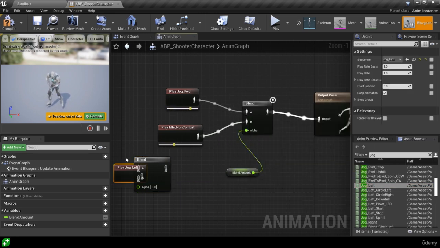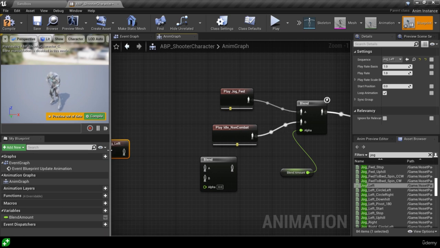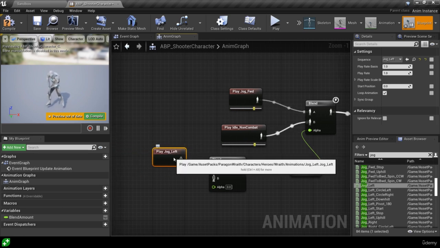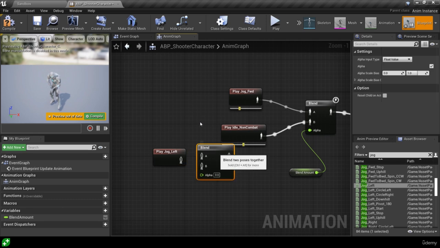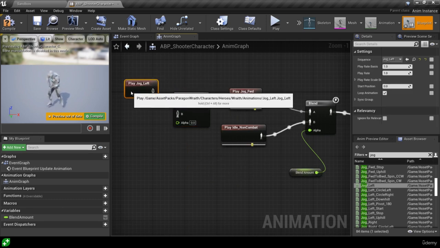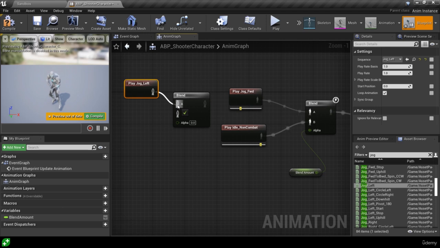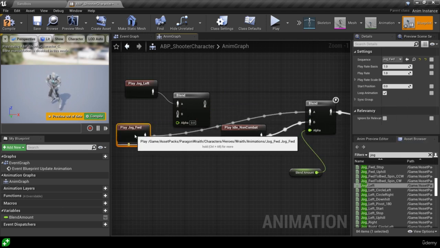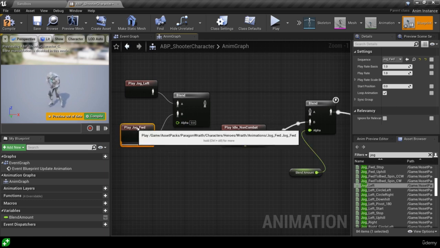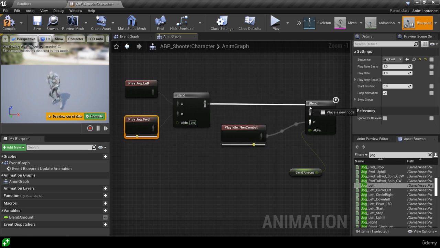animation. Now, by the way, I do know that blends are not the ideal way to do this. In the next lecture, we're going to look at a better way of doing this, which is to use something called a blend space, which automatically allows us to blend movement animations in a very nice way. But we're doing this just to get the idea of the anim graph before we dive into more complicated things. So we're going to blend between left and forward, I think. So left here, and we're going to copy, cut, or move the forward over to B here. And then we're going to patch that in, the output of the blend, into the input of the next blend,